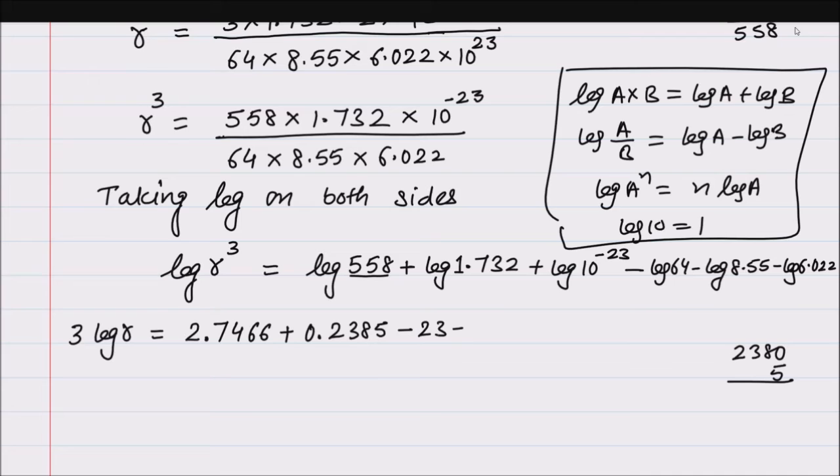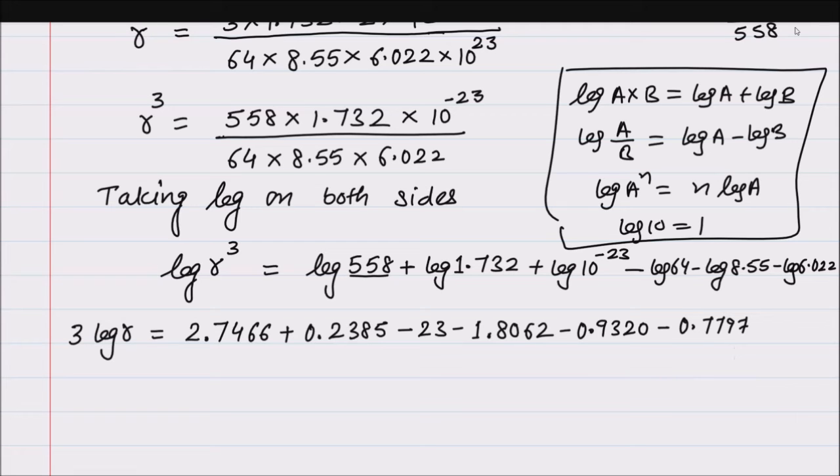Okay, now 10 raised to power minus 23 becomes minus 23, then minus 6 log 64. So 64 means 1 point, and 64 under 0, the value is 8062. Okay, now minus again 0 point, now 85 under 5, the value is 9320. Minus again 0 point because the number of digits before the decimal place is only 1. Now 60 under 2, it is 7796, and the mean difference of 1, so it is 7797.